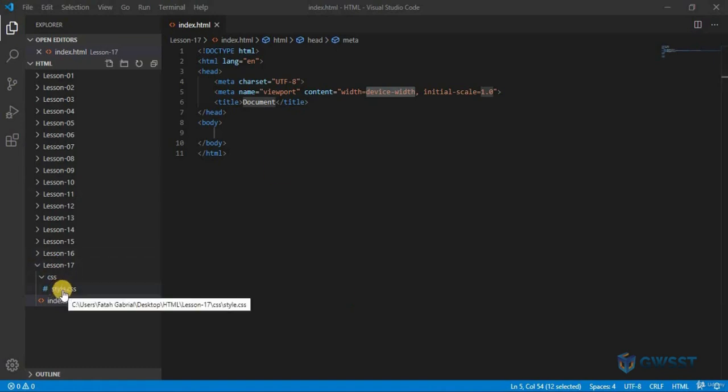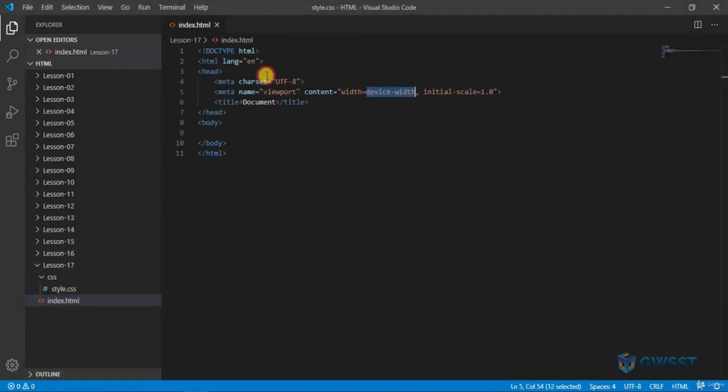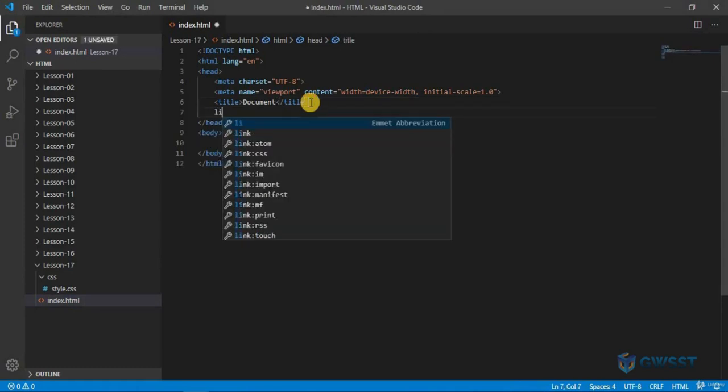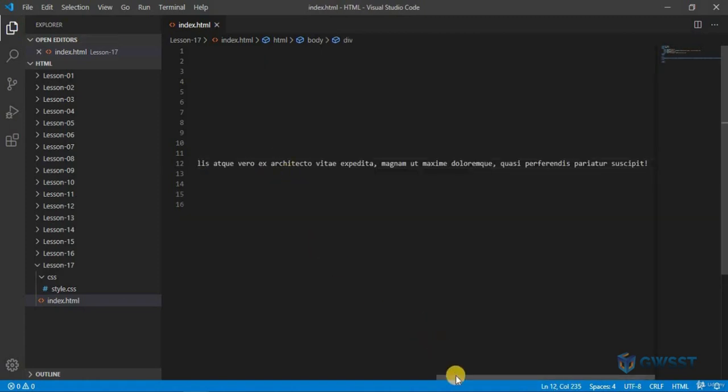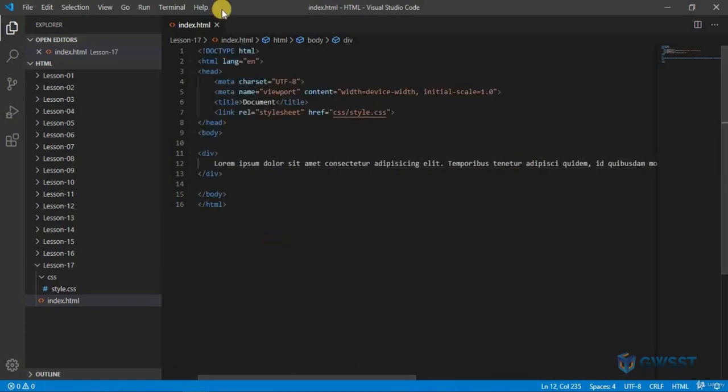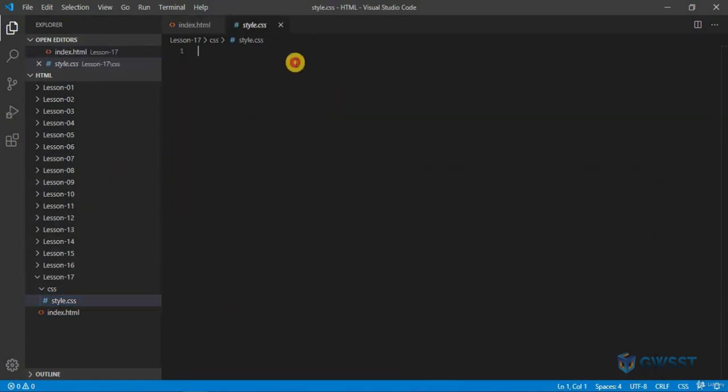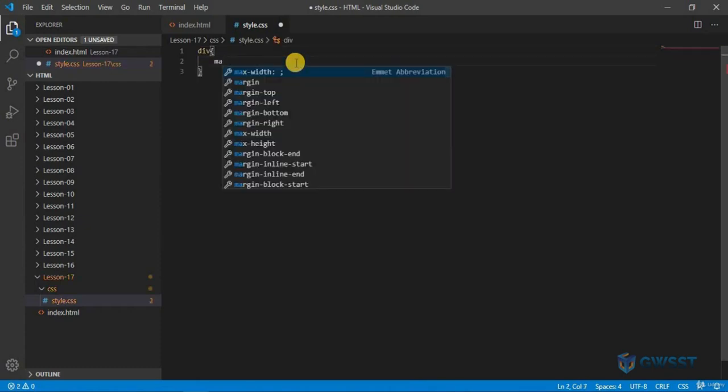So what I have done is that I've created a CSS style. I'm going to link that, say link relative, Ctrl and spacebar, and we have CSS and style.css. So let me create a simple box model. I'm going to create a div, and inside that let's add some lorem. Okay, so let me just move this, and in my CSS I'm going to say that div has a margin